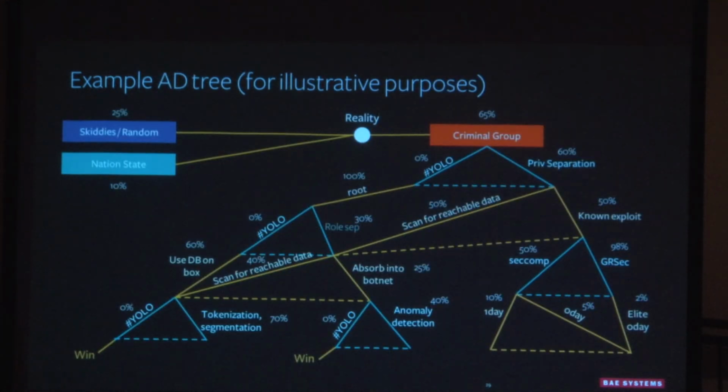So long term, I would love to create software to do this, but this is probably more of a whiteboard thing for now. But this is essentially how you want to model it. So this is an example of a criminal group landing on some random server. I have the hashtag YOLO for if you do absolutely nothing, which unfortunately some people do. But then as you can see,